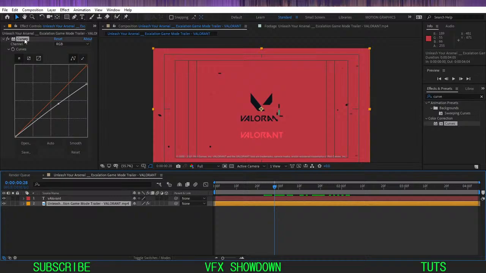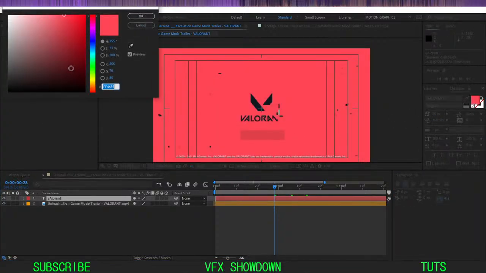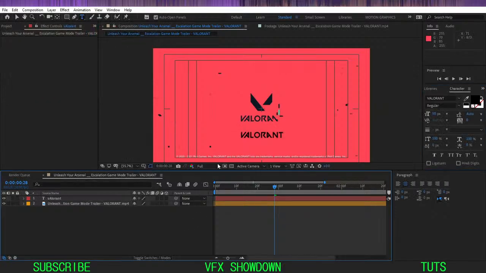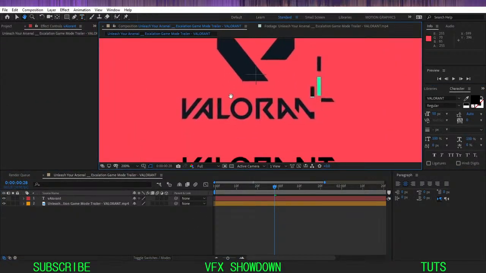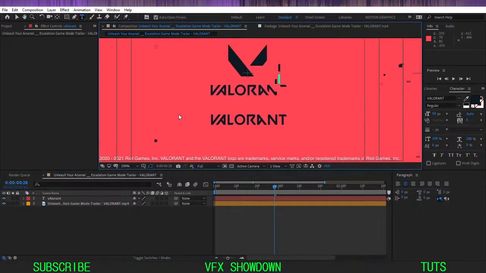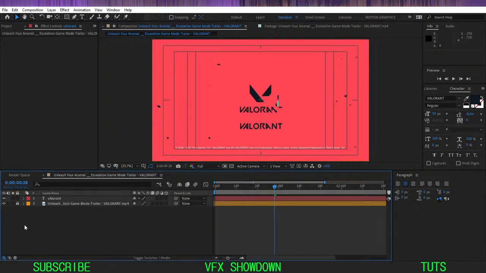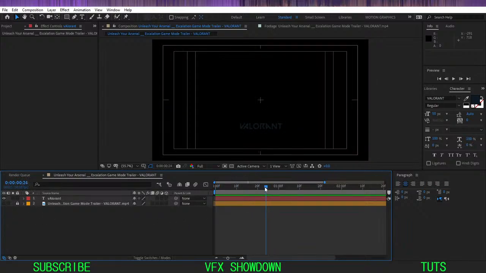I think just delete this. Let me make this black. Alright, this is not a black. Okay, let's pick a color again. Alright, so now we are matching. Okay, so currently let me lock this layer first. Alright, and as you can see, now we have the text. We will do animation a little bit later, but first of all,